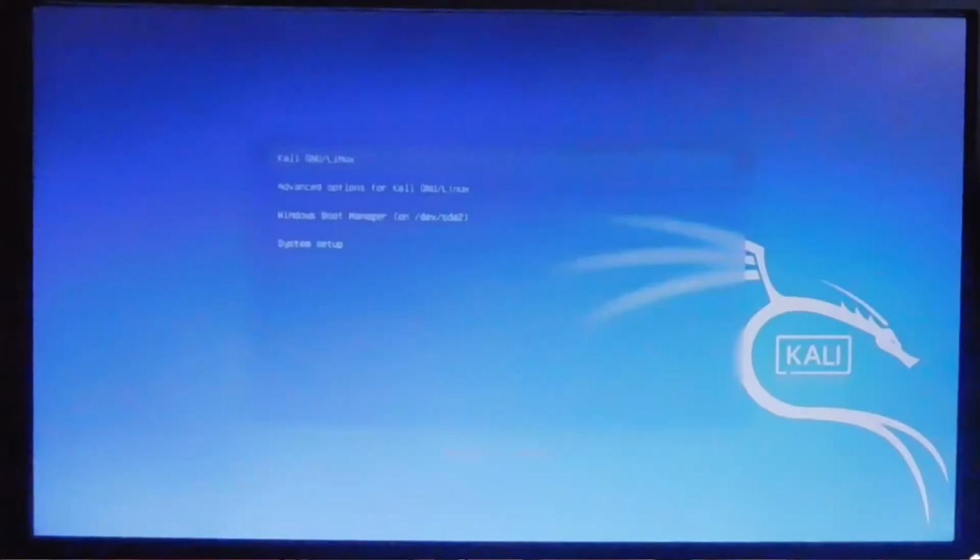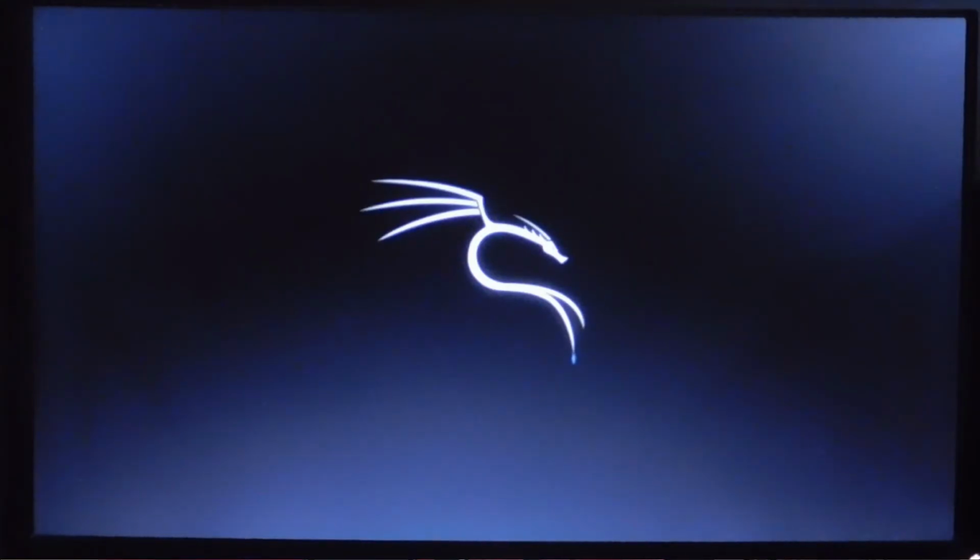When you reboot your computer, a menu will come up. Every time you reboot your computer, there will be a Kali Linux menu with two options: do you want to boot Windows 10 or do you want to boot Kali Linux? Whichever system you want to use at a given time, you can select it and easily boot and use them without any error or lag on your computer, and it would be much easier and better for you.